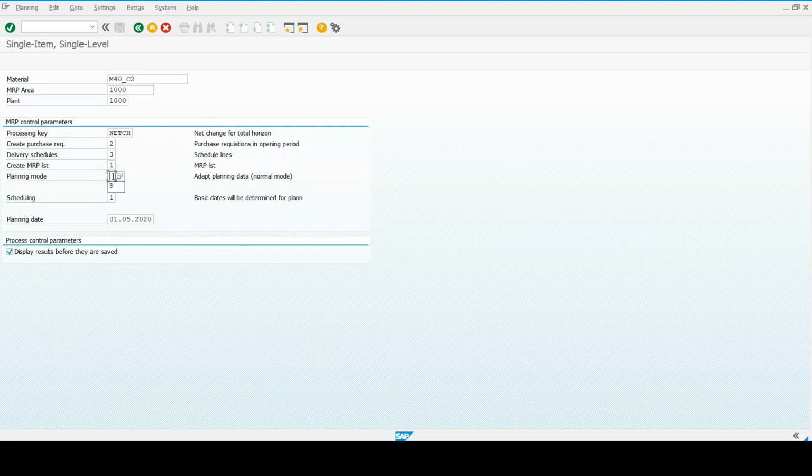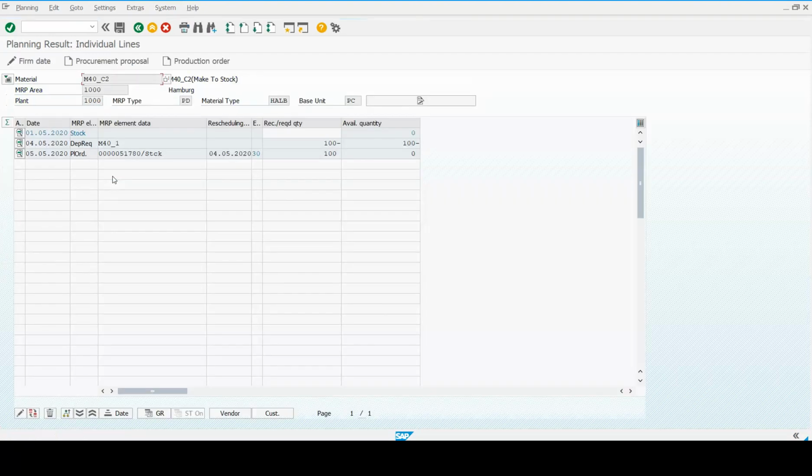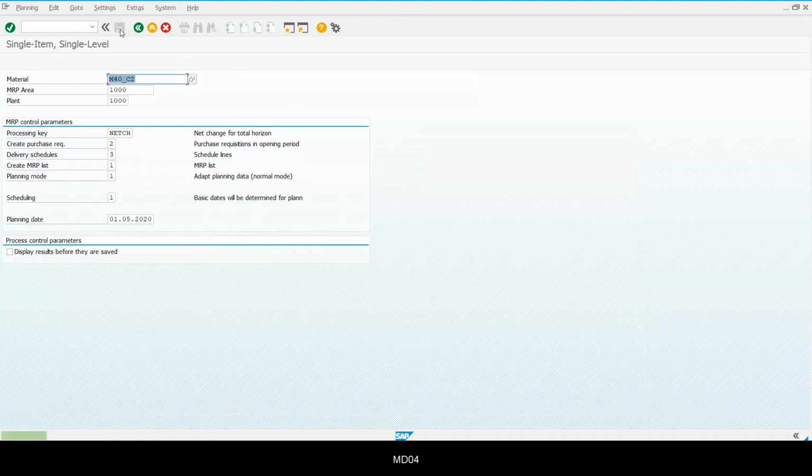It should be the planning mode. You can see here we have a dependent requirement and the planned order. Now this is not relevant for any of our sales orders. So this is how the component is being planned. I will just save this.